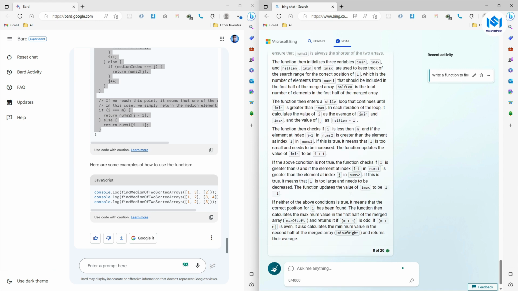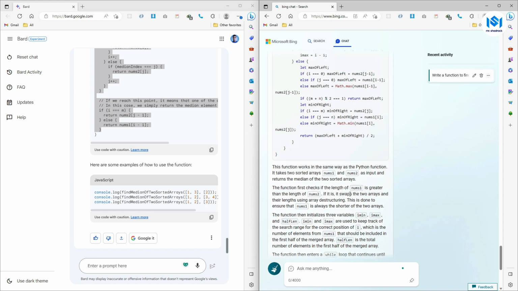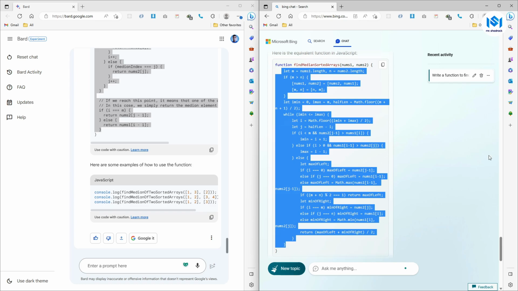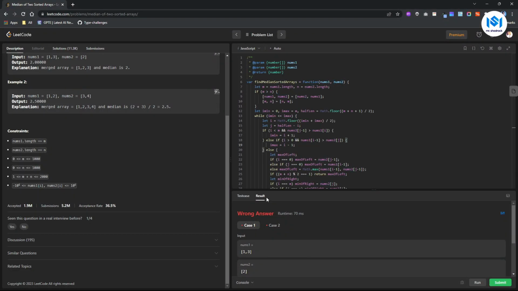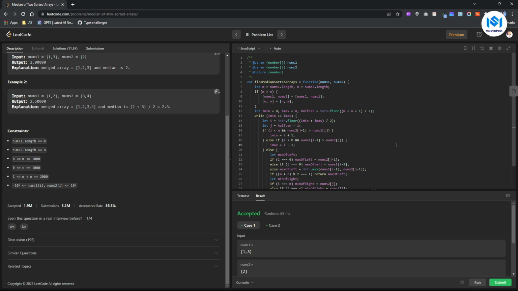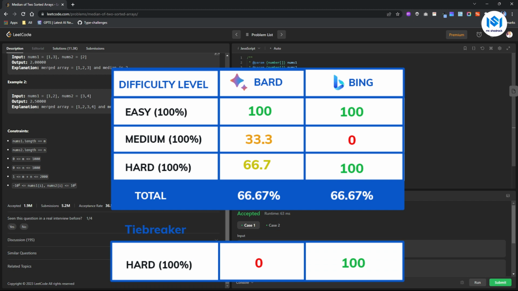Alright, so as you can see, with a lot of explanation from Bing, it was finally able to give us an answer. Let me copy. Bing was able to get this correct. All the test cases passed. We gave the same question together with the same constraints to Bing and Bard, just to break the tie, and as you can see, Bard wasn't able to get it right. Bing was able to get it right. Now you can clearly see that for this code war, we have a champion here, which is